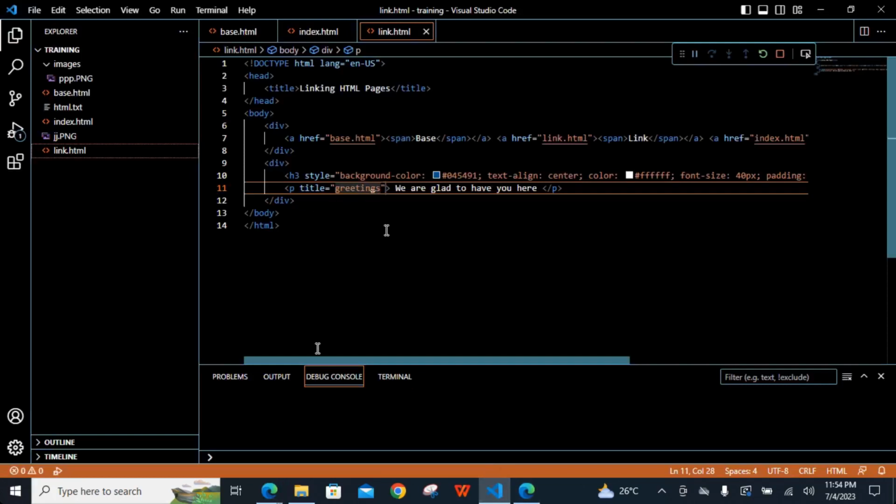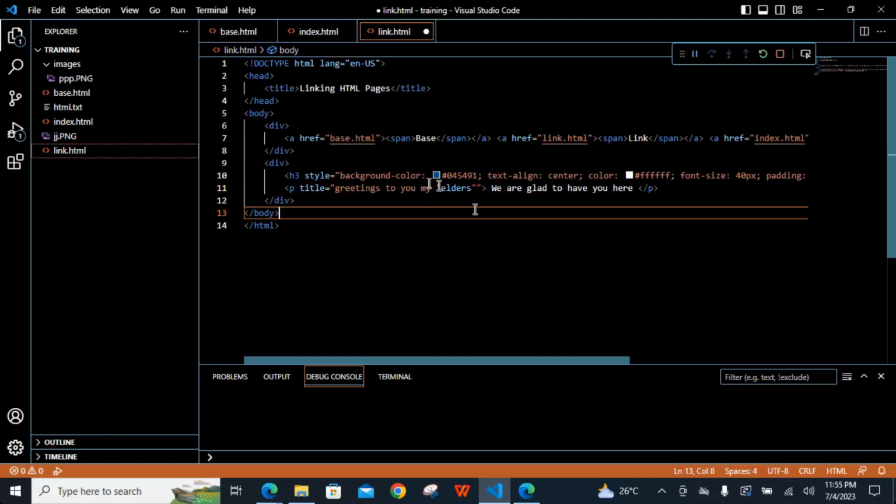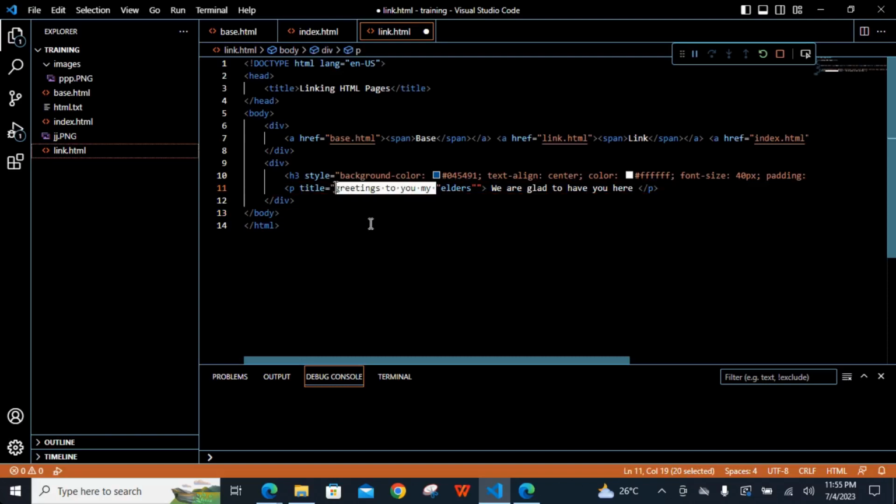For example, let's say greetings to you, my elders. So now I want to put these elders in quote. If I put this again, I'm already dealing with an error automatically. You can see that it's showing it as red. So this is what is going to display in the title, while this one will become an attribute automatically, an attribute that has no function, no value, nothing. So the best way to do it is what? To use a single quote. That is when